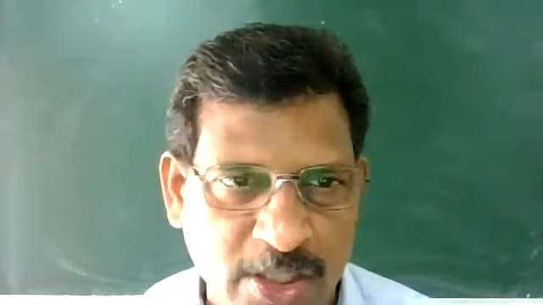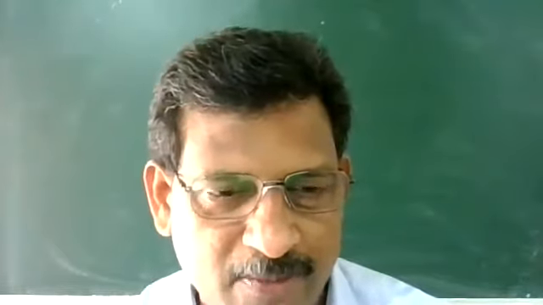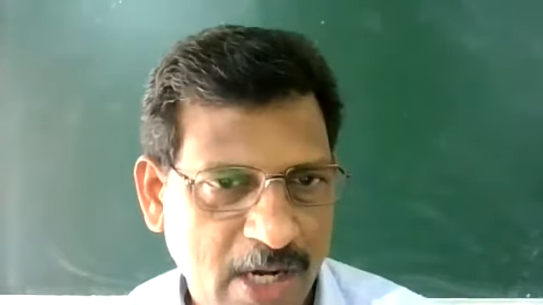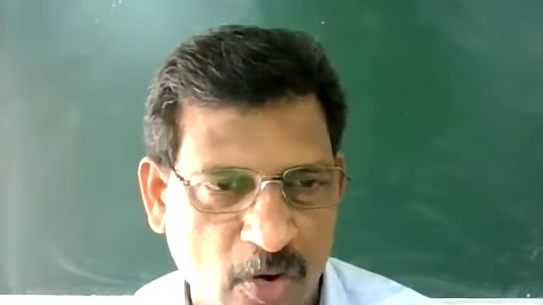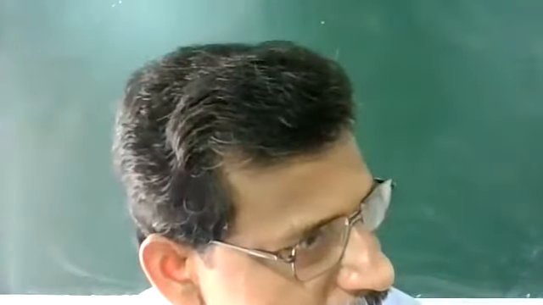Okay, so today we are going to discuss the last topic, the reflecting type telescope, a very important one. It is an improvement over the refracting type telescope. Last class I explained that instead of the objective lens we use a large concave parabolic mirror. Why is a large concave parabolic mirror used instead of an ordinary concave mirror? The parabolic mirror helps prevent spherical aberration.